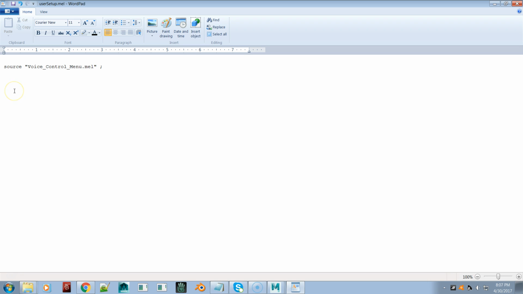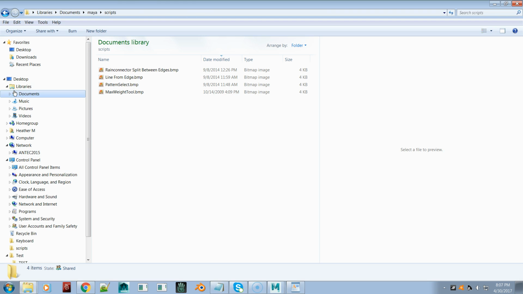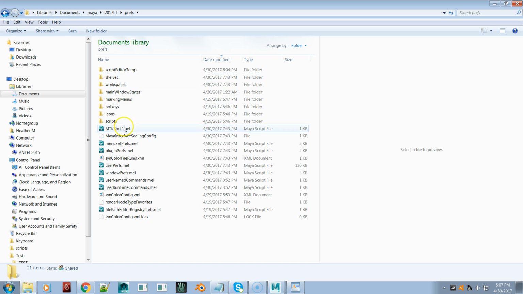So that's how you would handle that situation. Let's see. So let's say yours was in your preference folder. Same thing. If for some real weird reason your user setup mel was in here, you could open it up